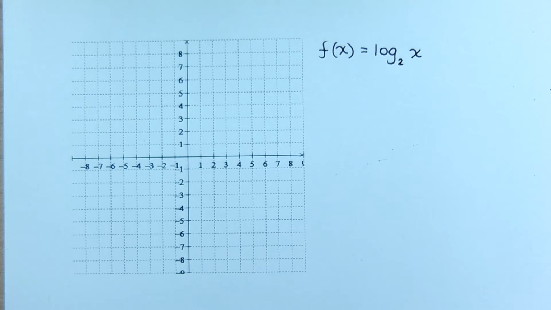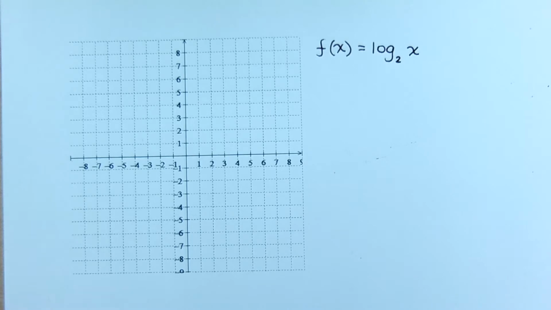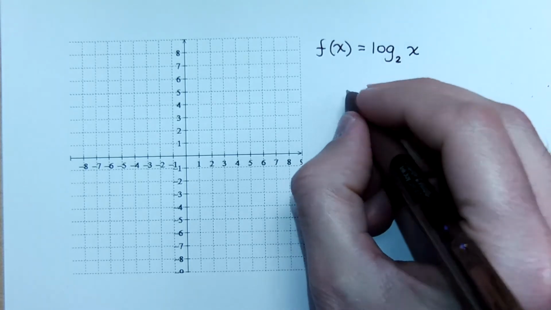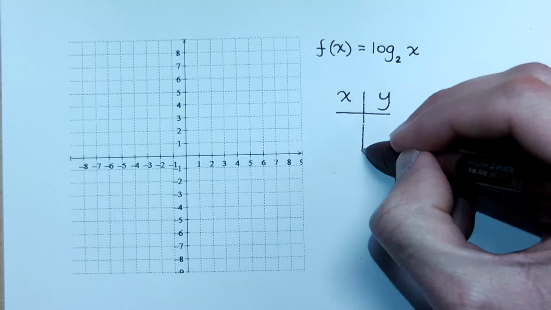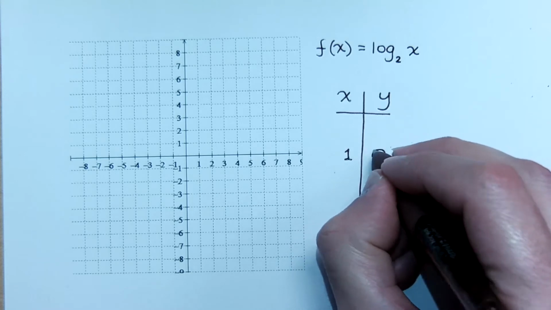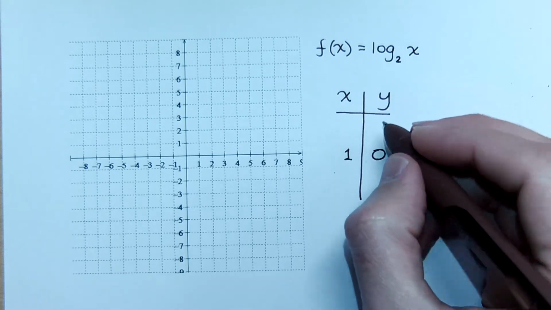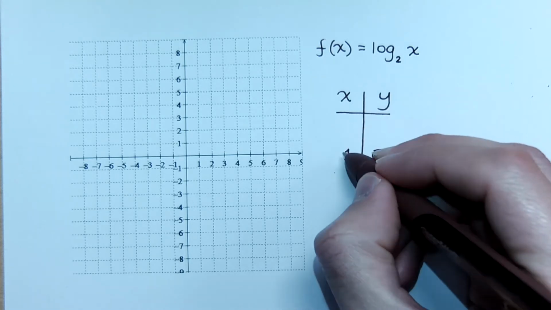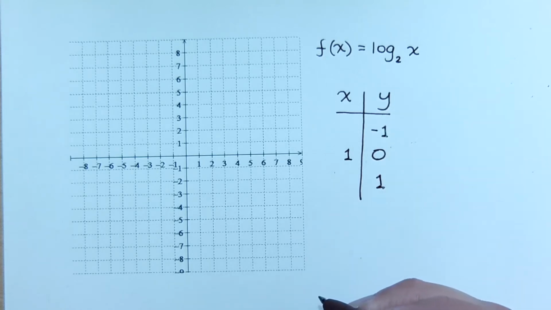So we want to look at the graph for our logarithm. And let's look at log base 2 of x. If you think back to the key points that we just described and wrote out, we're going to be looking at having 1, 0 here for our anchor point. And then, basically, if you do the key points for the exponential but backwards, you're going to be okay. So instead of doing negative 1, 0, 1 for the x, do negative 1, 0, 1 for the y, and